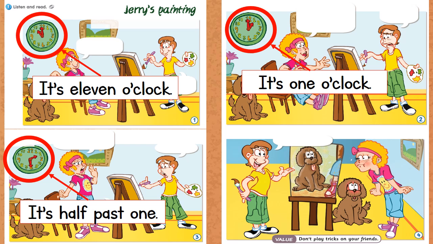It's 1:30. Why do we use half past over here? Because the longhand is at number 6. Remember, if the longhand is at number 6, we use half past. Okay, how do we choose this one? Look, the shorthand is between number 1 and number 2. It's in the middle. So we choose the previous number, which is number 1. Very good, everyone.